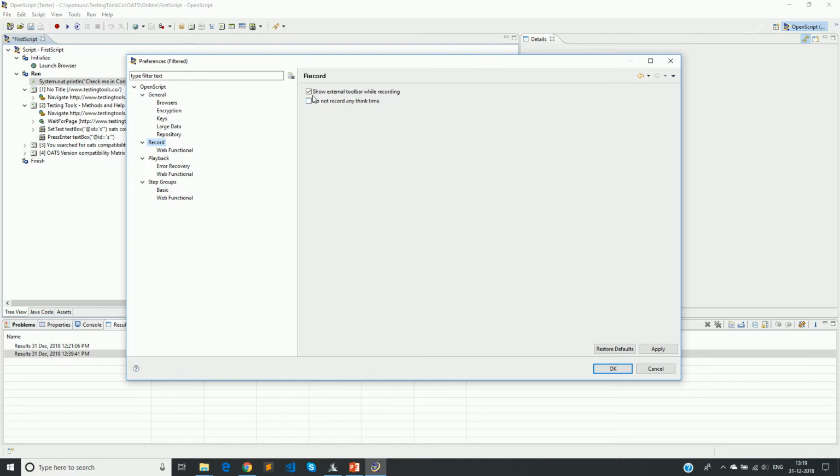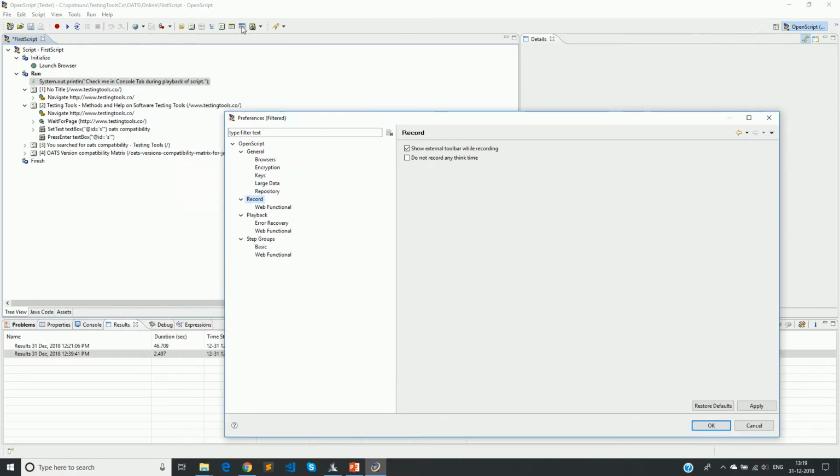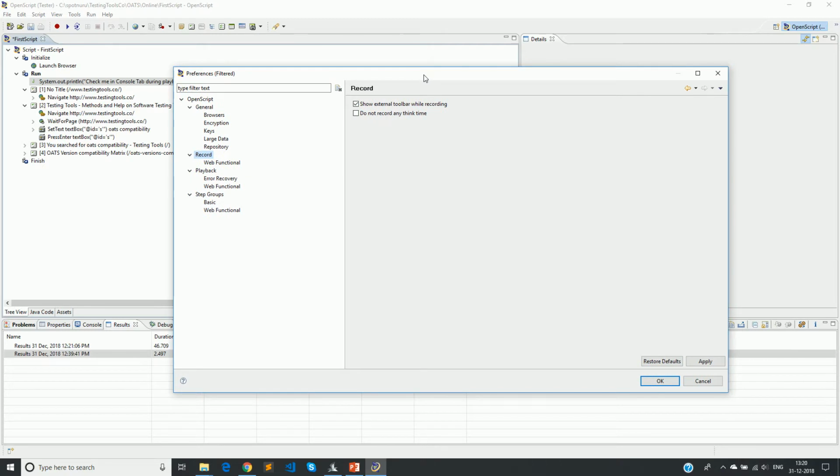Here it says, do you want to show the external toolbar while recording? That is the toolbar which I was showing earlier. This basically controls whether you want to see that external toolbar or not.